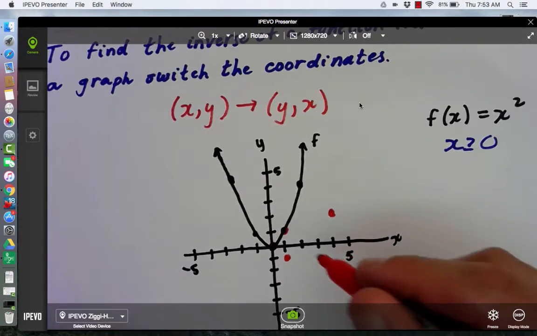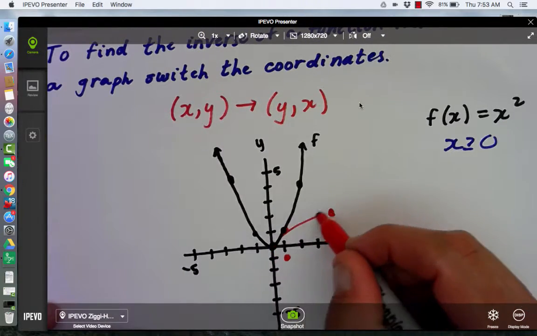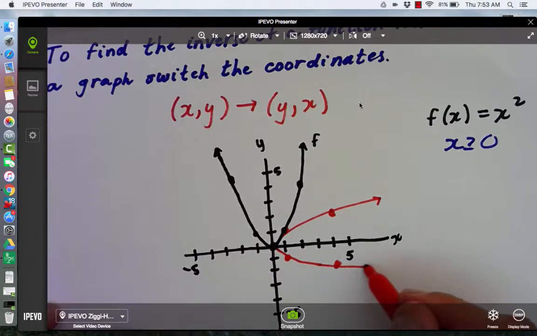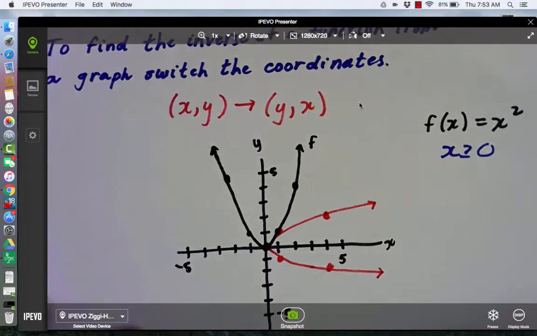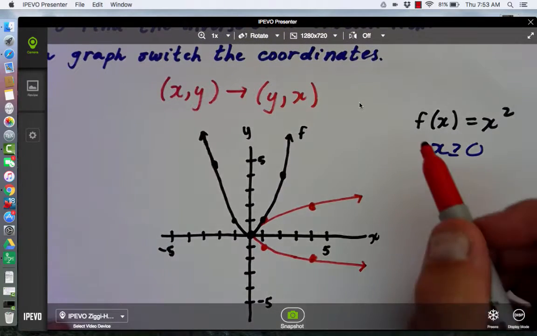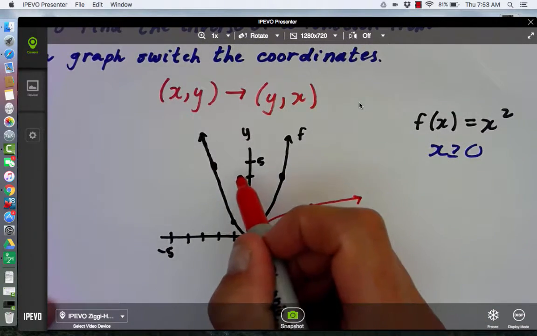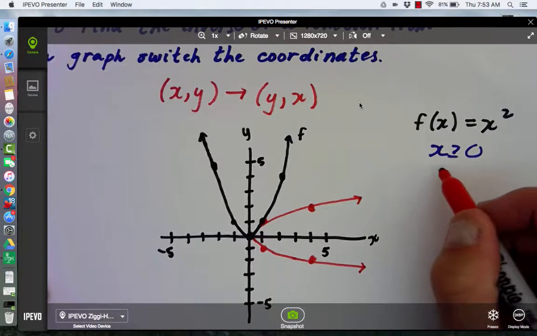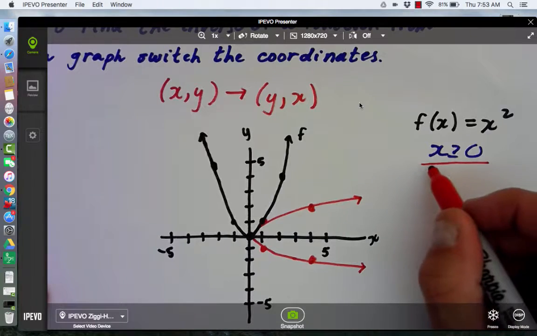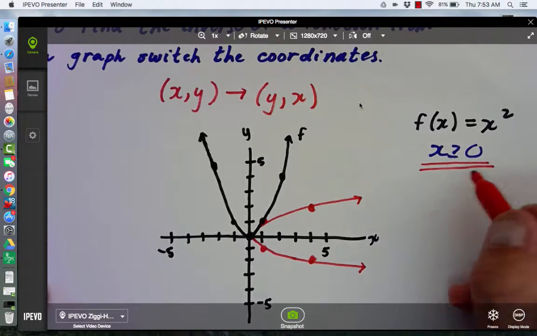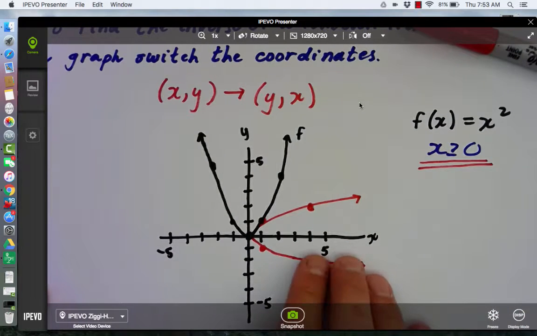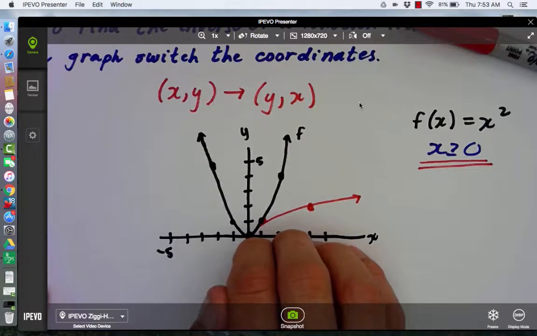So this graph is going to look like this. There is the inverse by just flipping x and y. Now it's important to realize that in order for x squared to actually have an inverse, we look at the domain. We restrict the domain to x greater than or equal to 0. And this whole bottom section would be gone, this little part right here,